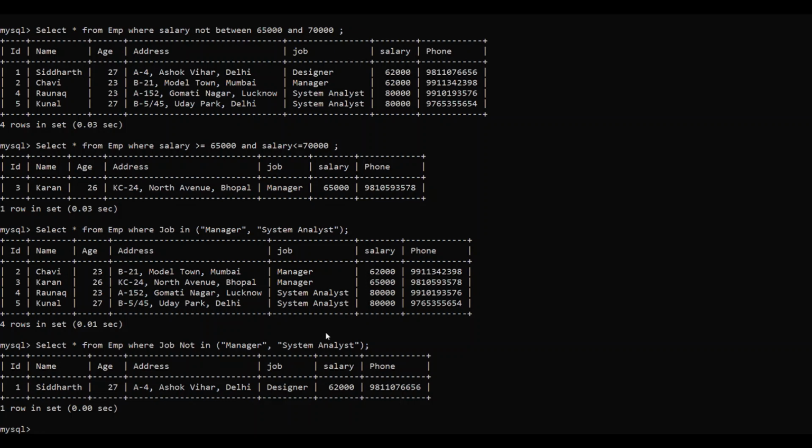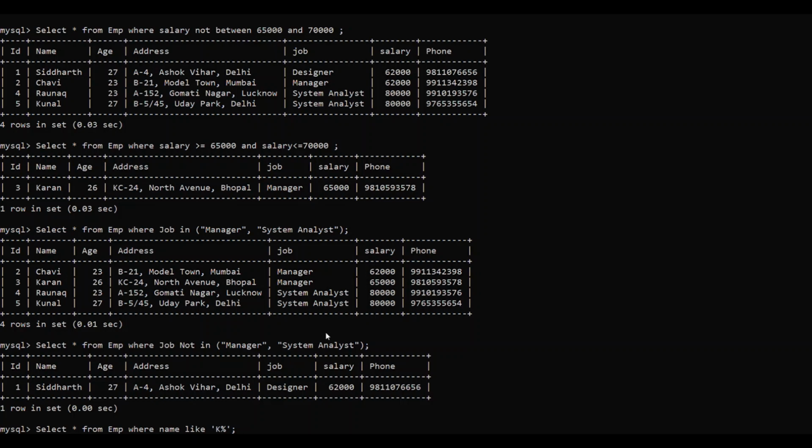SQL gives me two wildcard characters. One is the percentage operator, other is the underscore. Now the percentage is used to match any number of characters, whereas the underscore is used to match exactly one character. Let us take this by example. If I write select star from EMP where name like, now I do not have the exact name, so that is why I'm not using equal to. I am using the keyword like, where name like, and then I write K percentage. This means the name should begin with K. K should be the first character. After K, there can be anything or any number of characters.